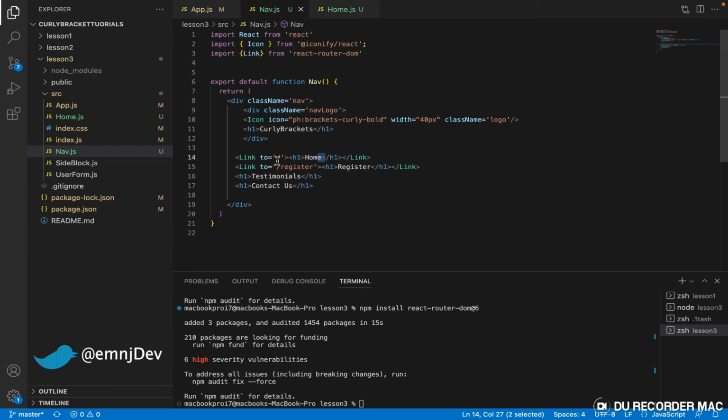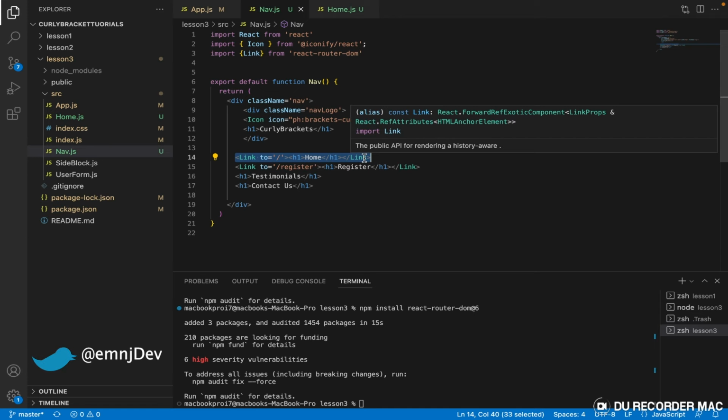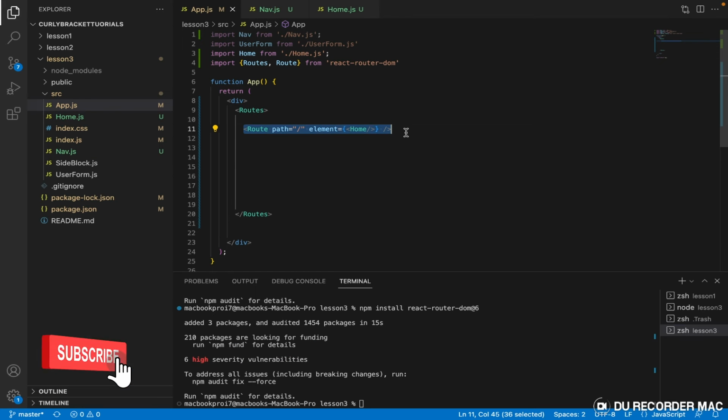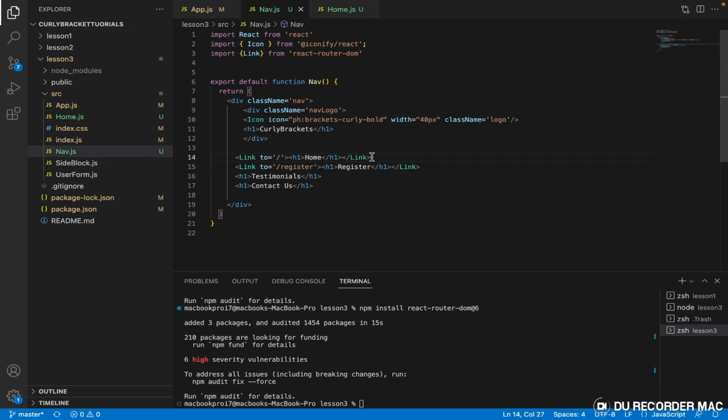So this is what the user sees, the one the user is going to interact with. This one here is an instruction that belongs to React.js only. The user has nothing to do with this. So we have given the user something to see, but then we passed a code underneath it that says every time I click on this, I'm going here. So now we need to